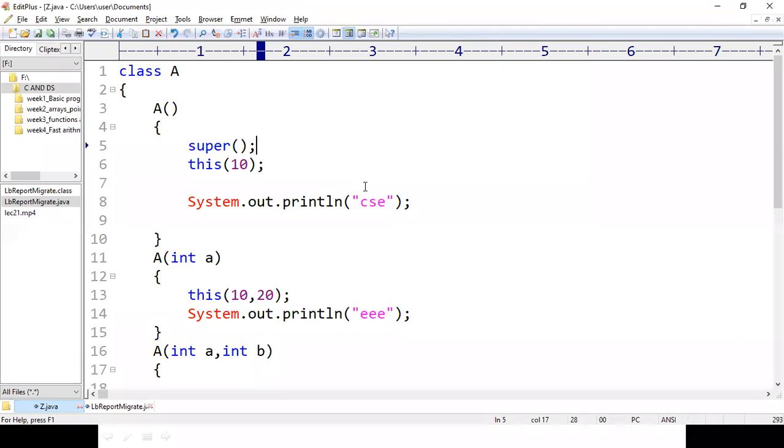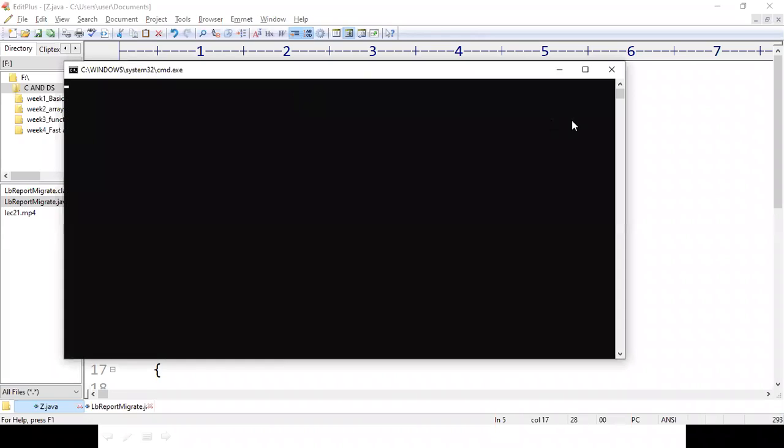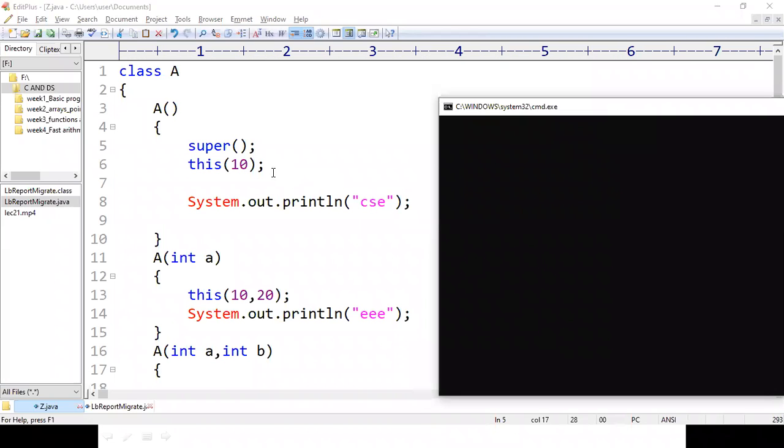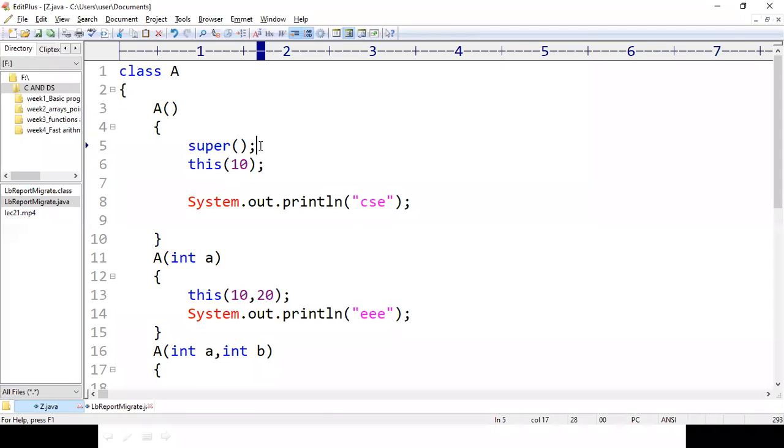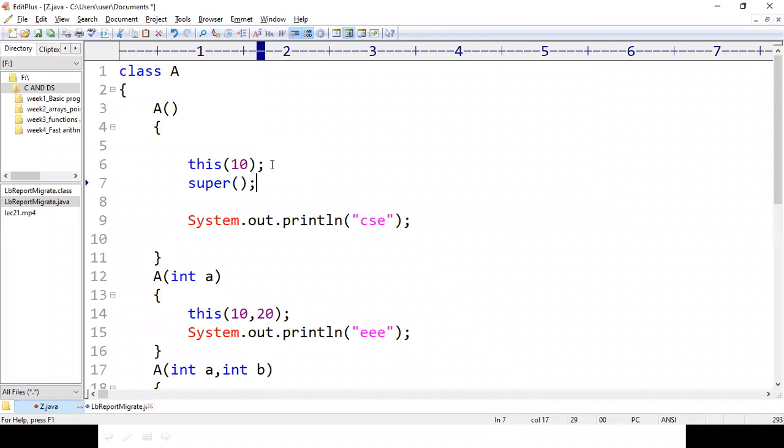Now, if you compile this one, you will get an error, because if you observe, the this keyword is the second statement inside the constructor. So we are getting the error that call to this must be the first statement inside the constructor. Now, let us exchange these two. Write the this keyword as the first statement, because the compiler suggested making the this keyword the first statement inside the constructor. Now if I compile this one,